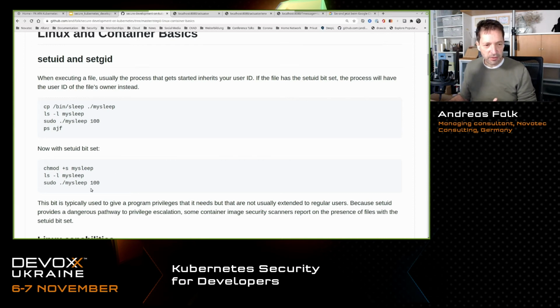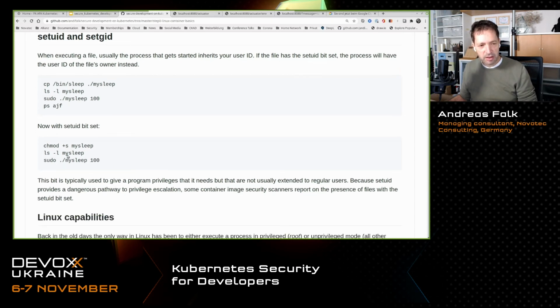So, for example, if I do sudo my sleep, and I have changed the mode with the setuid bit set, even if I start that with sudo, my sleep will run under my user context. And so that's typically a thing that is also used by attackers in containers.